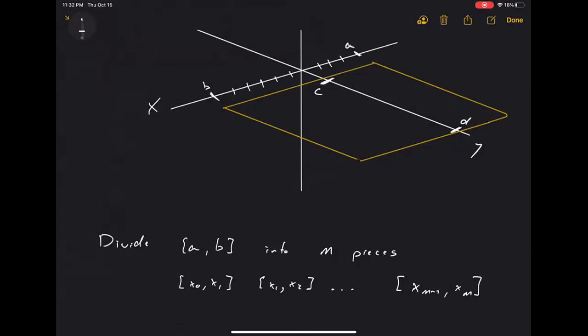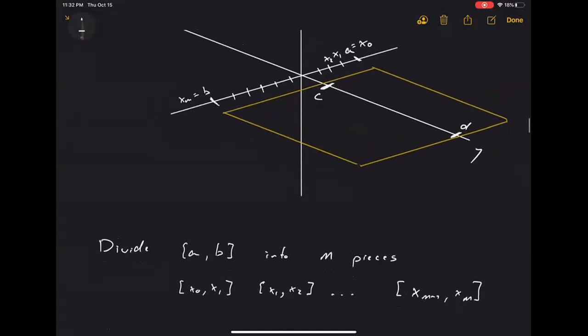Okay, and we'll say that's x0, and then x1 and x2 and so on, and I get all the way to B, which would actually be n plus 1 pieces, but we'll call this B, no, xm. Okay, I guess now this is just m pieces. All right, so we chop our x-axis up into these m pieces, and then I do a similar thing for